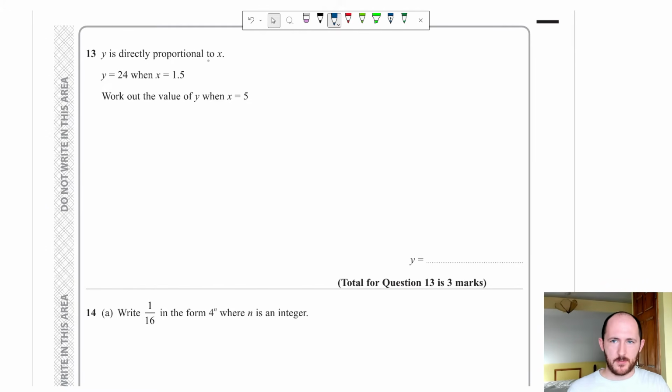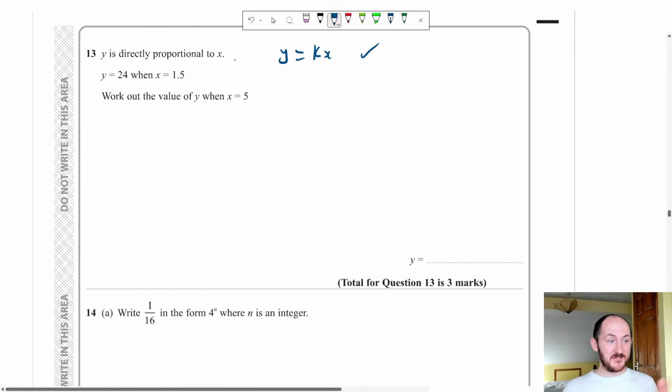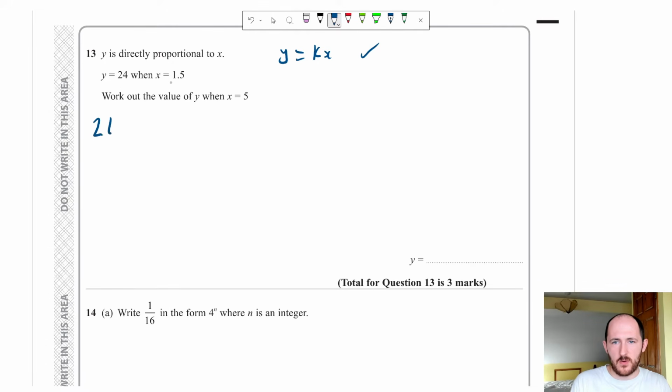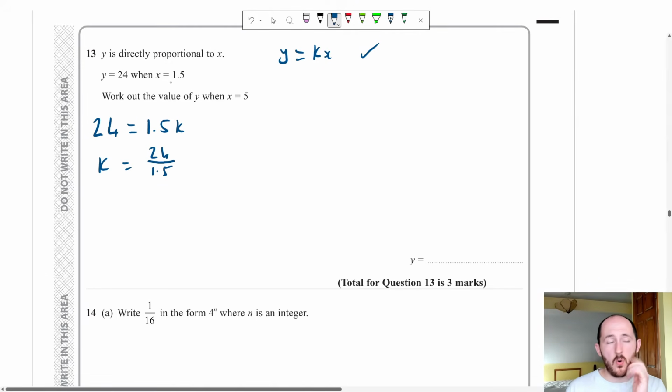So the y is directly proportional to x, so we can write y equals kx. 1 mark straight away, which is nice. The second mark is for working out what k is. K is just a constant, and we can work it out using this information here. So y is 24 when x is 1.5, so 24 equals 1.5k. So k is equal to 24 over 1.5. We're probably going to have to do some fancy division, or